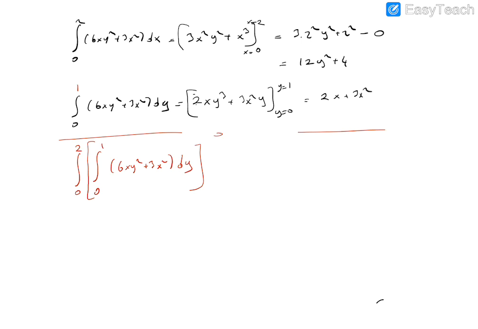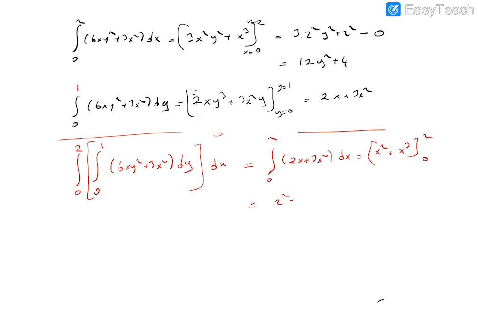For y equals 0, this is 0. So the answer here, we integrate first in terms of y, and this is the value. So the integral from 0 to 2 of 2x plus 3x squared dx. So this is x squared plus x cubed, with x changing from 0 to 2.